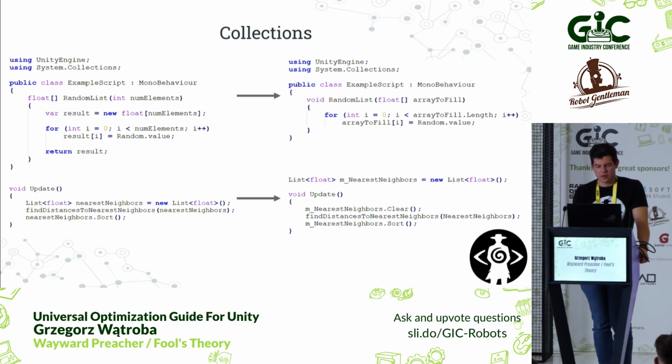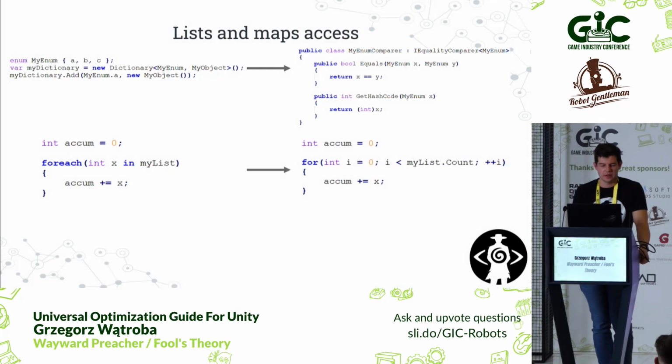So going through collections, do not create new ones if you don't have to. It's better to cache or even reserve a block of memory and then erase it and refill it again instead of creating a new one. When you go over the list capacity, we create a new chunk of memory. And when we clear the list and then in the next frame create the list again, we're making GC work on it, which can and should be omitted.